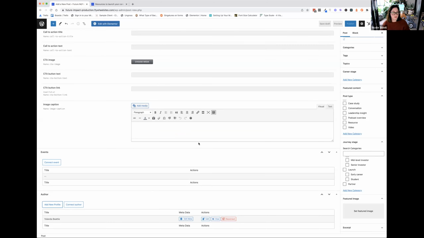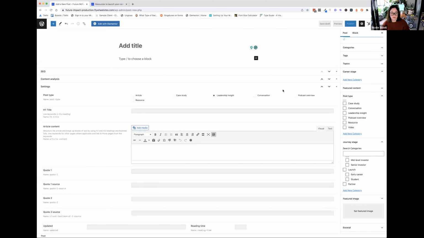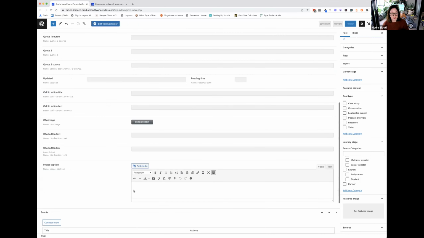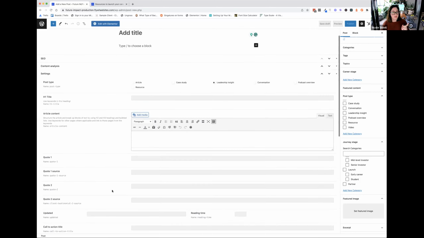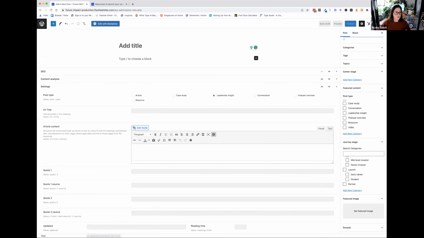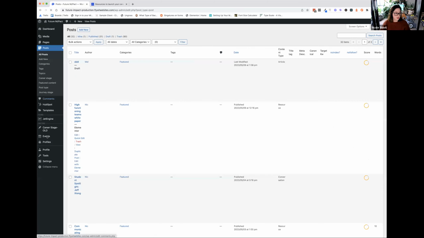And essentially these profiles, so that's leadership insight. I'll show you what this looks like. I think actually it probably is fine for this to be author here because it is generally authors for the articles. It's when you get to events and you're looking at bringing in speakers and mentors and stuff that this behaves slightly differently. So we'll go back to that now. So if we go to events,